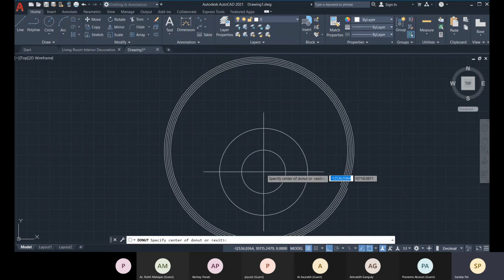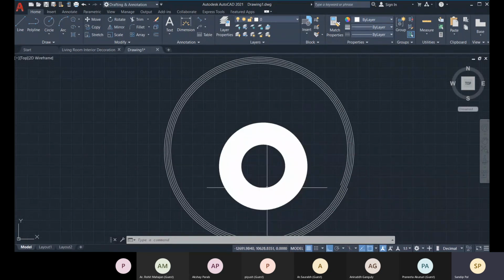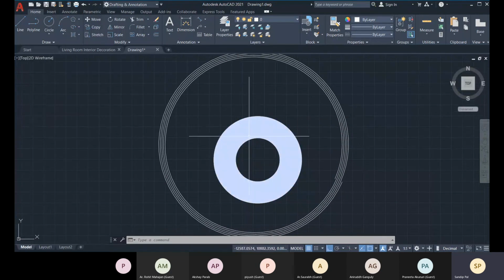The gap between them is this white closed area. You can change it if you don't need that white closed area.